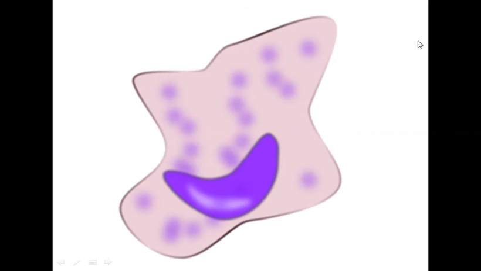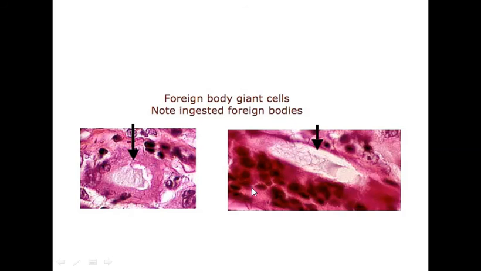This is how the macrophage appears. It looks like this. This is the nucleus. So it is one of the histological slides showing the foreign body giant cells. ठीक है. Foreign body giant cells, again I repeat, are a collection of macrophages forming a multinucleated cell. You can see the multiple nuclei around this, and the inside of this cell is filled with foreign bodies, or you can say any cellular debris which has to be degraded.